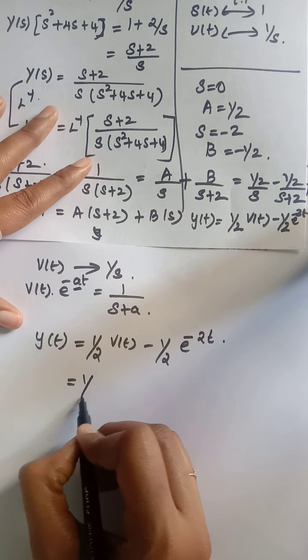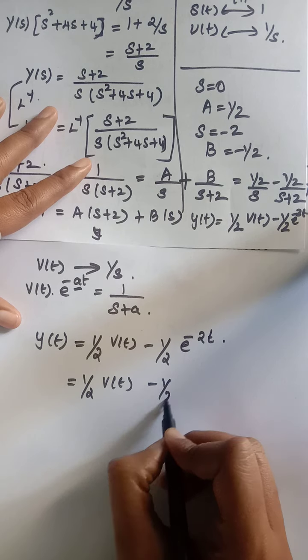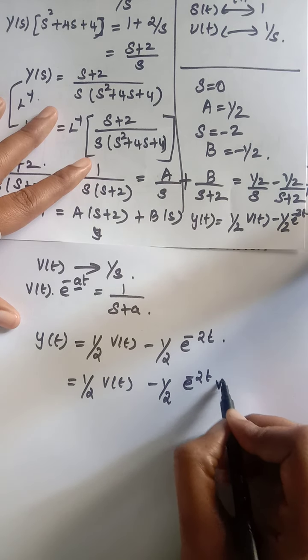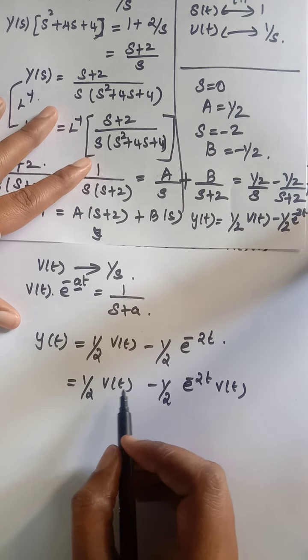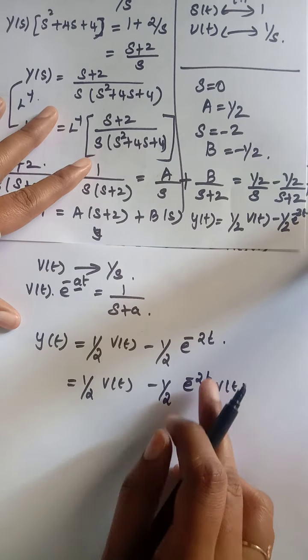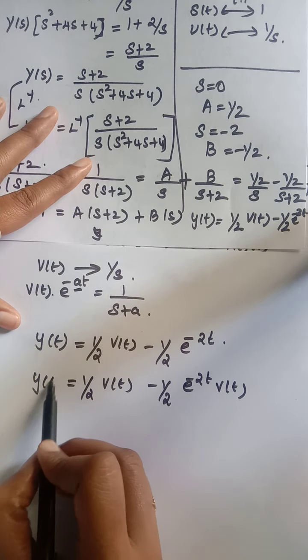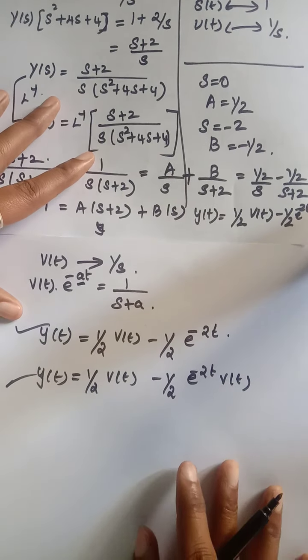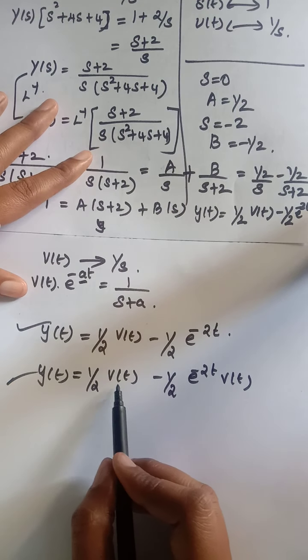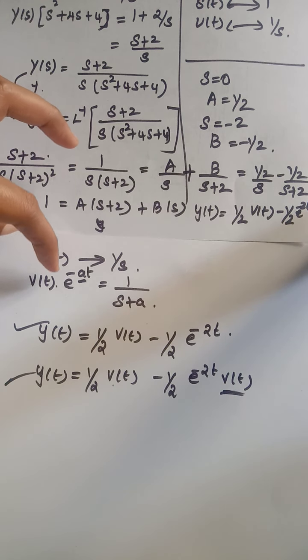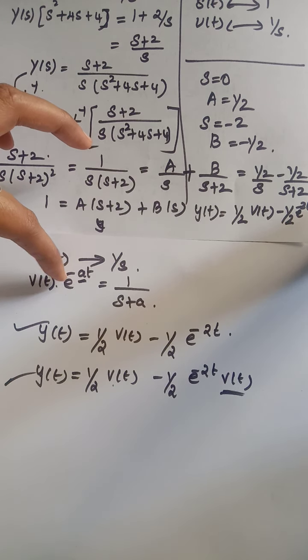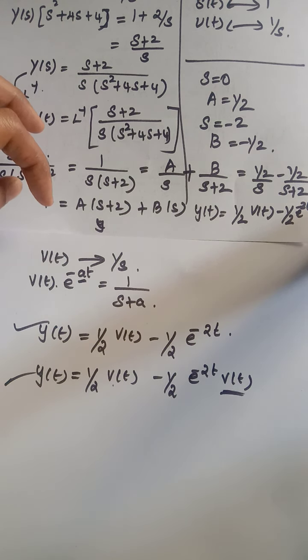So this can also be written as minus 1 by 2 e power minus 2t into u of t, because I am using this formula. So 1 by 2 u of t minus 1 by 2 e power minus 2t into u of t. So writing this way is also correct. In most of your textbooks they have written using this only, because here we will use either a unit step function as an input or an impulse. So for the delay purpose, what we will use is an exponential signal. So I hope you have understood this concept.